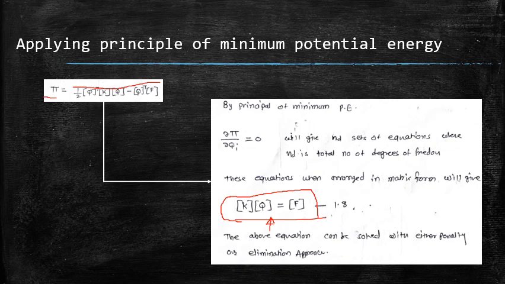This expression kq is equal to f, or the matrix notation of set of simultaneous equations, can be solved by using either penalty approach or elimination approach. So if you want to perform hand calculations, then elimination approach is a good choice. But if you want to implement this code into computer programs, it will be dealt very easily with the penalty approach. So if the number of nodes are more, and if you want to go for computer programming, penalty approach is a very good method.